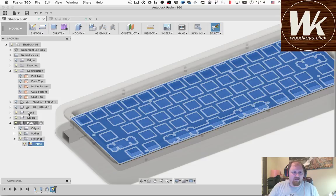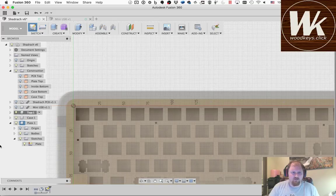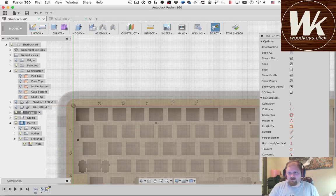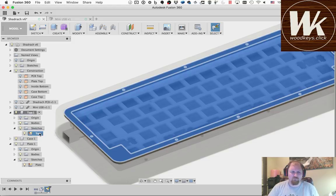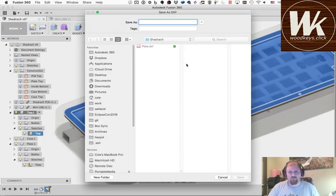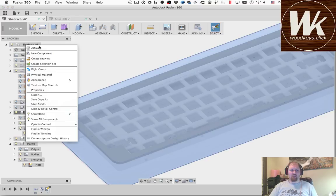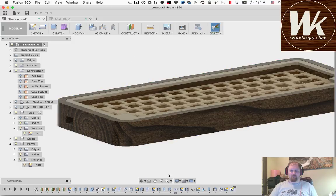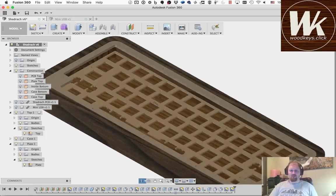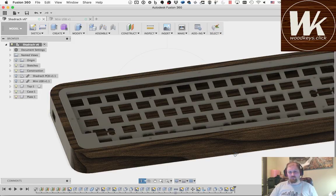And then I'm going to do the same thing. I'm going to activate the top component. I'm going to make a new sketch on the top surface. I'm going to stop the sketch. And I'm going to export it as well. Okay, so that's it. I have a case that is 99% ready to be manufactured. I'm sure there's a few other things that I would tweak along the way, but that's by and large the main thing. We'll make those tweaks when we actually go to do the cutting of the case